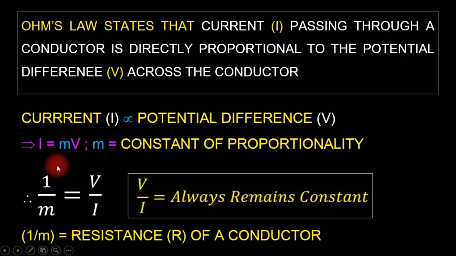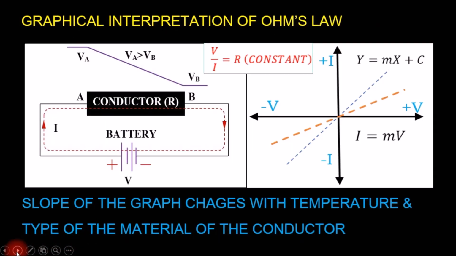From here, you can obtain this relationship 1 upon M equal to V upon I. And V upon I is always constant for a conductor, and 1 upon M is known as resistance of the conductor. This is the graphical interpretation of Ohm's law, and as I have told you earlier, V upon I is